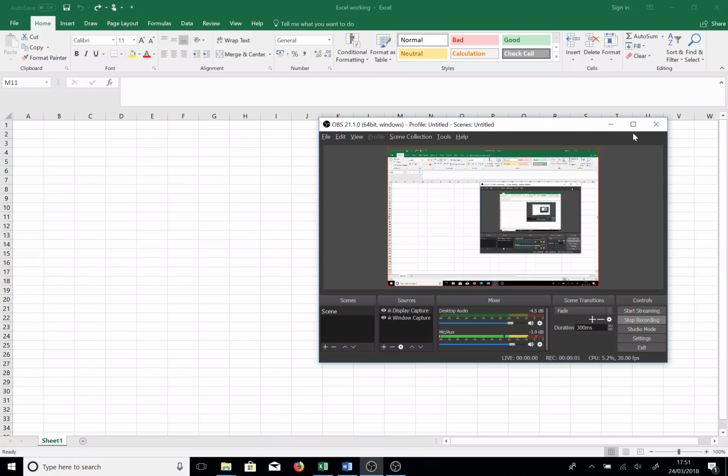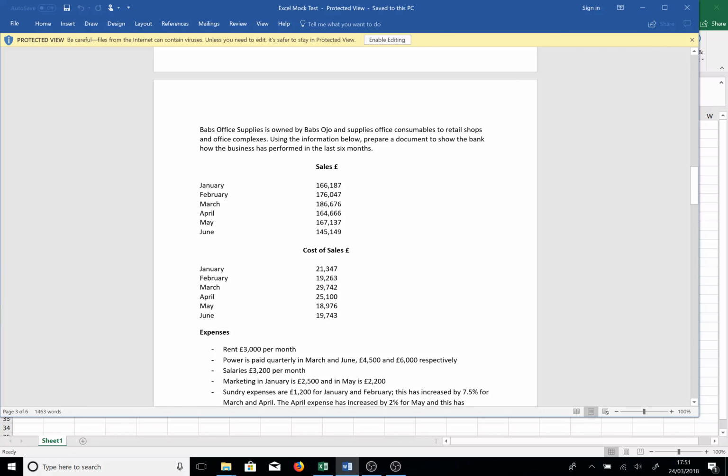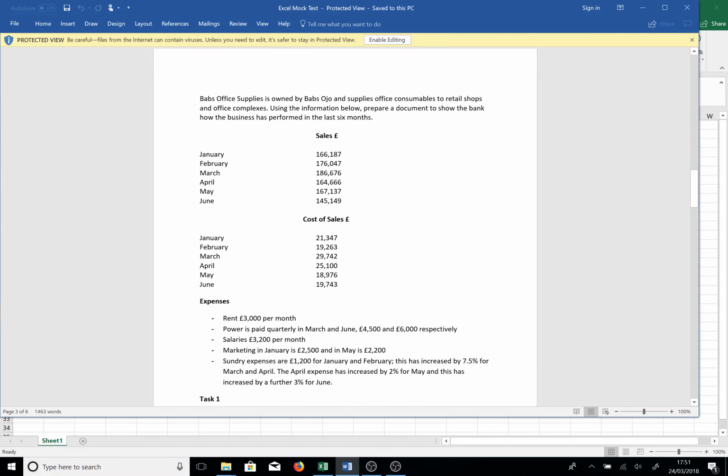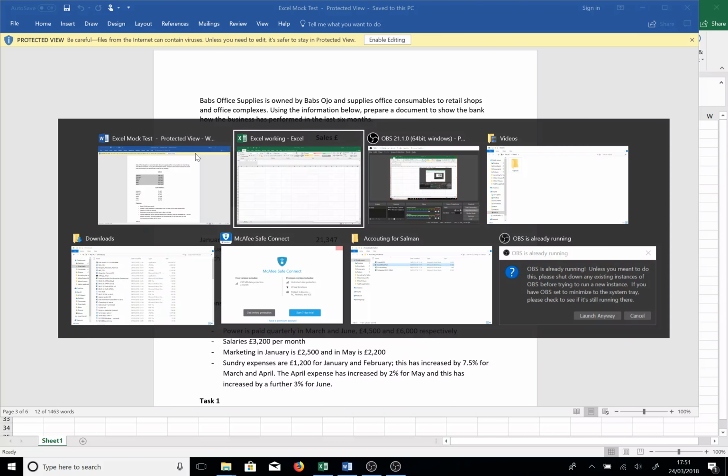Okay, so to do this, go to your Word document first. You've got all the sales and everything here. I saw the way that he did it. You probably don't want to do it that way because he's got it going from January, February in the rows. Probably the best way to do it is to put January and February in the columns, all the months in the columns. So just highlight all of this, press Control C, then go to Excel